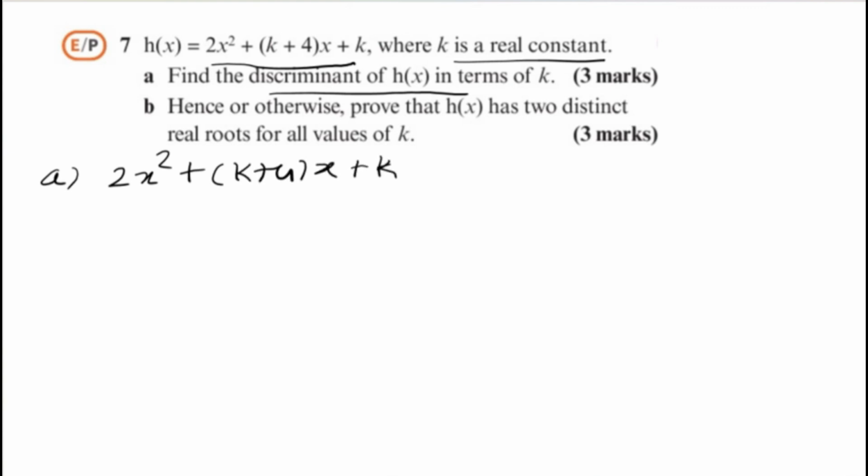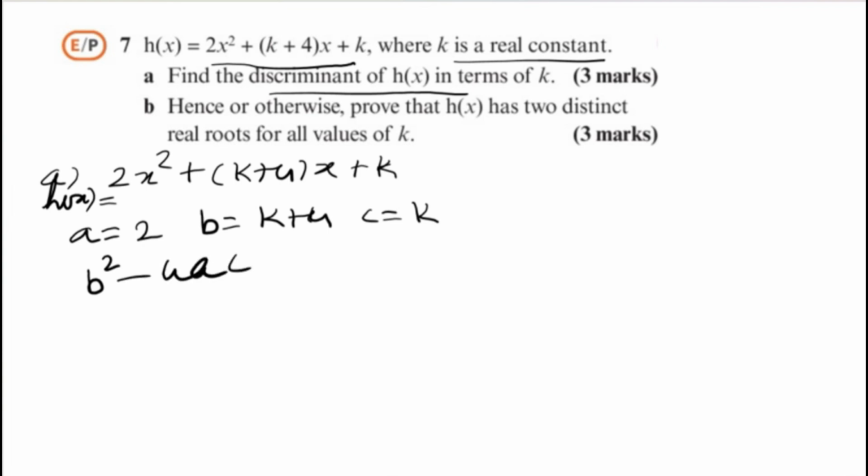We have to equate this to the general form so we can find the values of a, b and c. So here my a is equal to 2, b is equal to k plus 4 and c is equal to k. To find the discriminant, b squared minus 4ac, substitute the values: (k plus 4) squared minus 4ac